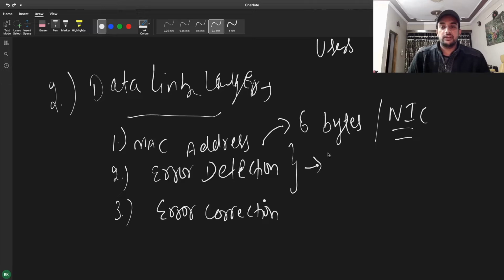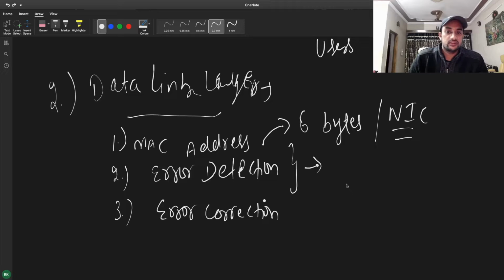Error detection is when we are sending some packet over the wire, we have to detect whether this is a properly formed header or not. Or we can say, when the packet is coming from the application layer to the lower layer, this layer will be responsible for checking the error in that packet.